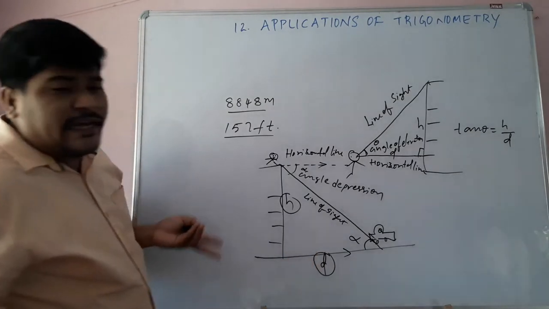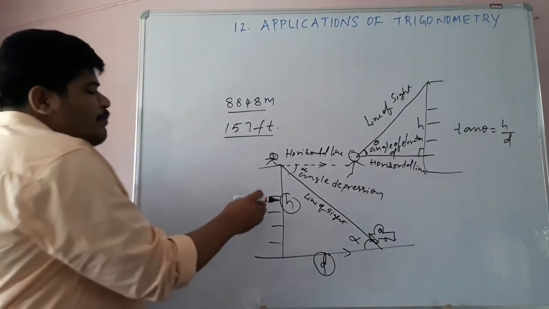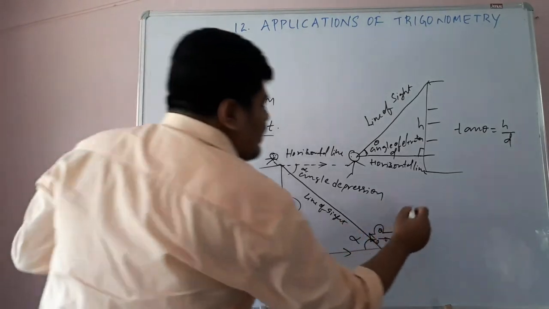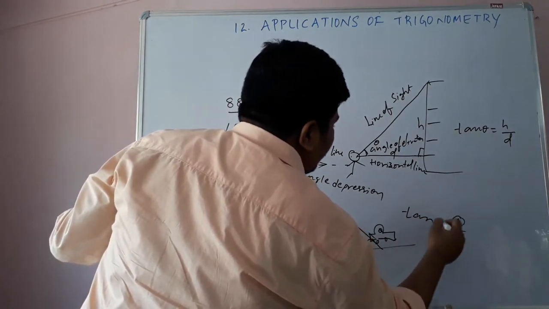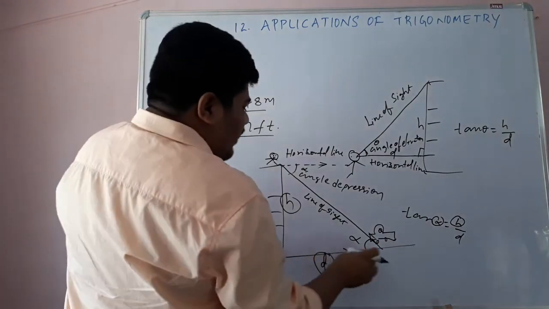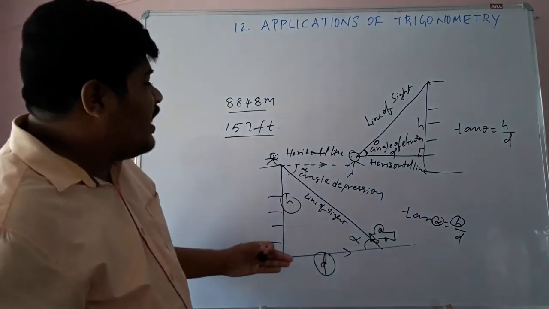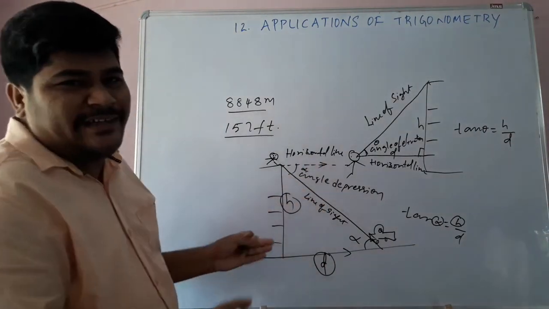So we can use the tan concept again, opposite side to adjacent side. The ratio between opposite side to adjacent side is called tan. So here I am taking tan alpha is equal to h by d. We know the h value and the alpha value. Suppose the angle is given. Then we can find the distance from the car to the building. So students, in this way we will solve problems to find heights and distances.